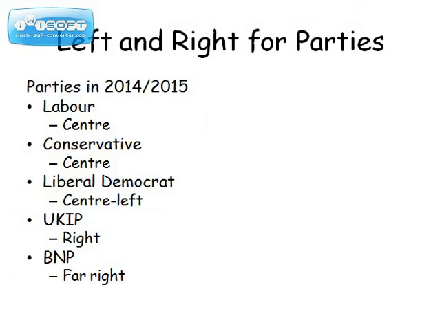And when it comes to left and right for political parties, parties in 2014-15 have, in the majority of cases, become quite centralised. They need to try and appeal to the majority. So a lot of them are centre or centre-left. However, you can see here from the case of UKIP and the BNP that some are becoming more right-wing. The Green Party is slightly more left-wing. So again, we'll analyse these in more detail. The next video that we're going to be looking at is in particular on conservatism, the Conservative Party.